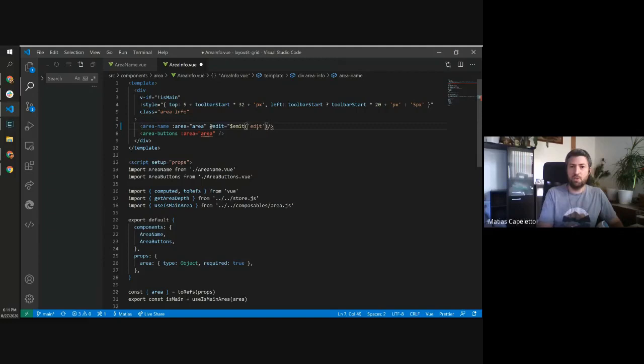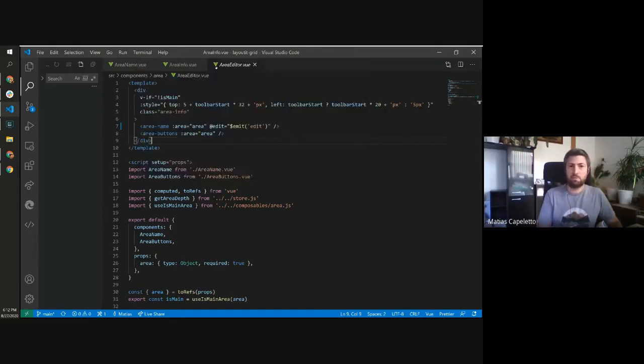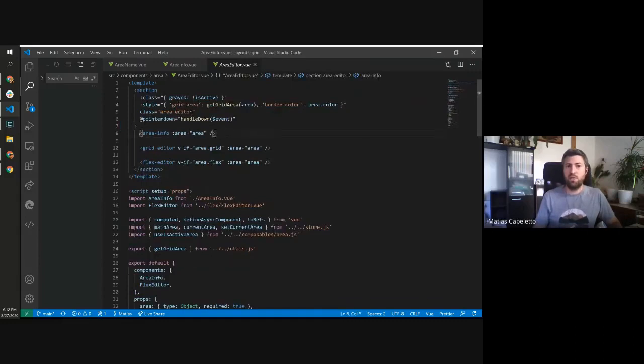So what this is going to do is that the area info is going to also emit an edit when it detects that the area name did an edit. So with this, we can go to the area editor, and as you see here, we have the area info, and now again we can say when we have an edit, let's emit